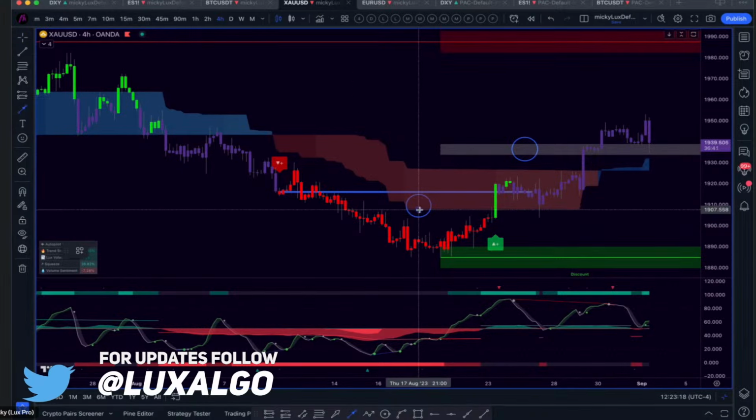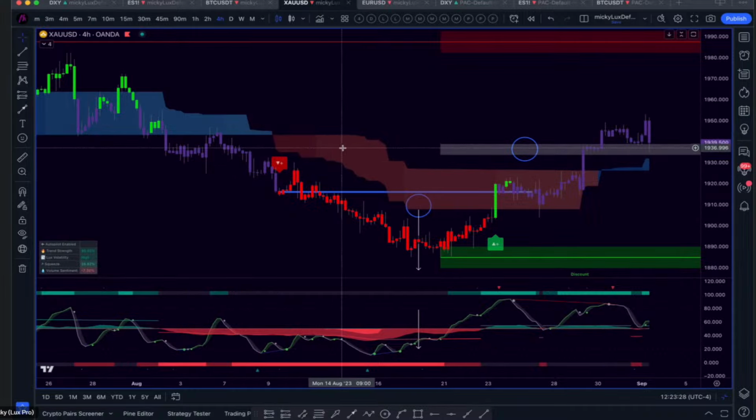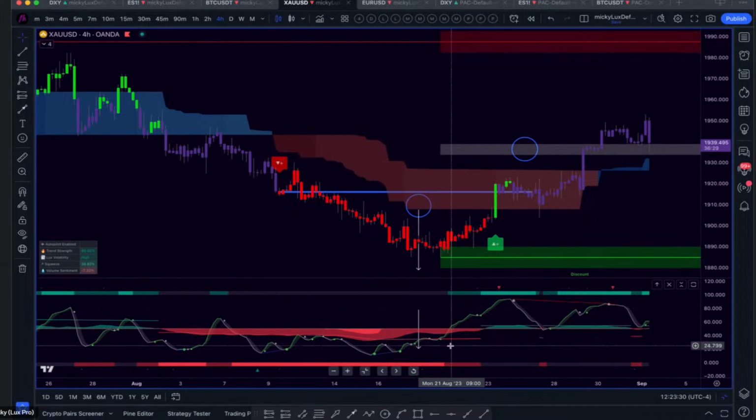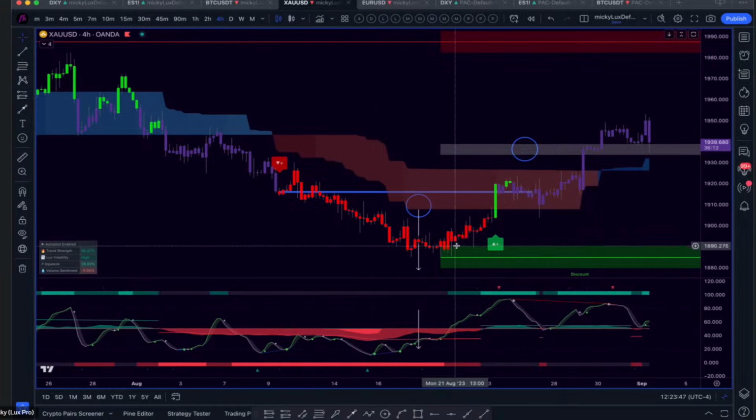Move your eyeballs down. If I'm so concentrated on the Neo Cloud, I totally forgot this. Hey, I'm guilty too. When I'm concentrating on something, sometimes I forget about other stuff, right? But if you're concentrating on the Neo Cloud and you had this whippy action and it's flatlined, there is no stair step for a while. This is 4 hours. I mean, no stair step for 1, 2, 3, 4. That's a lot of hours here, right? What is this, 3 days or 4? But this should have given you a clue,